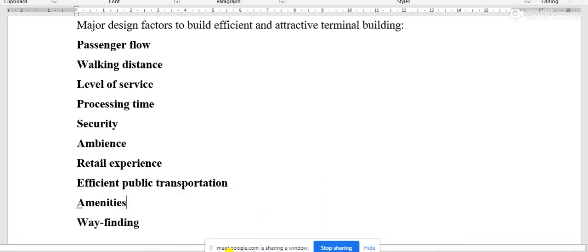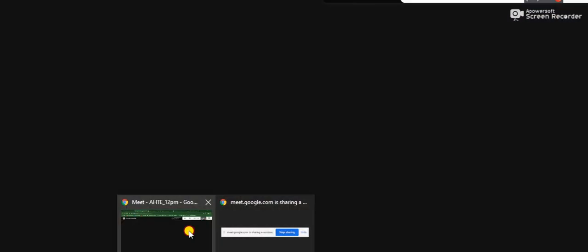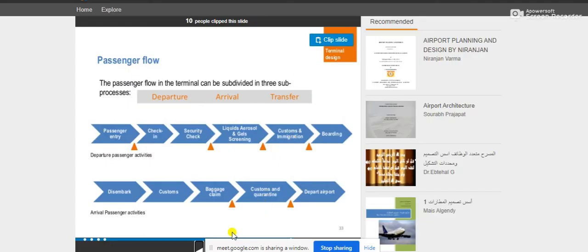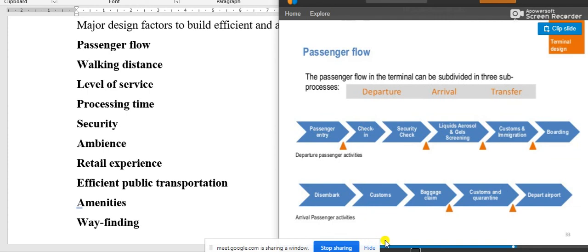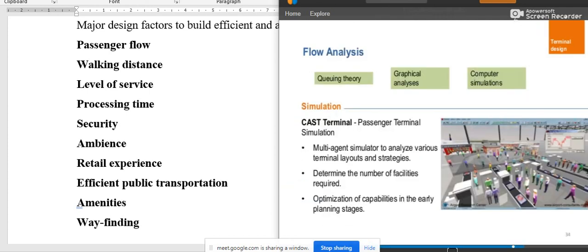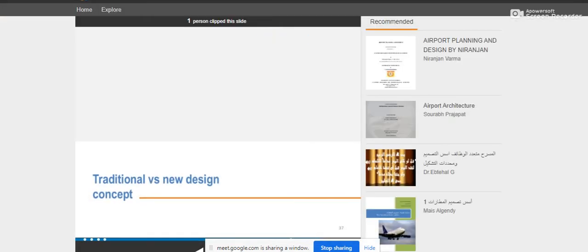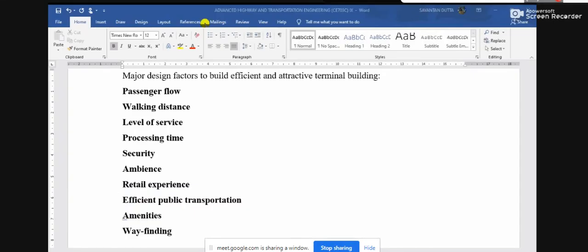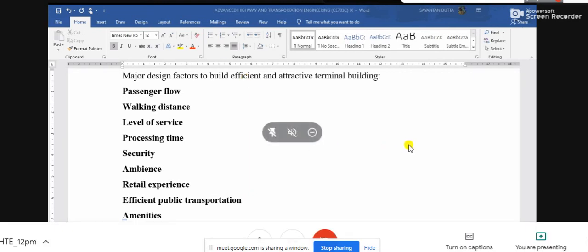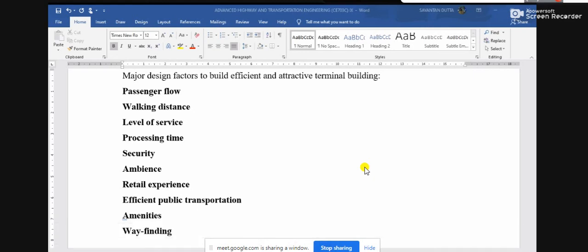Amenities are the special services which are provided other than the necessary services for any passenger.